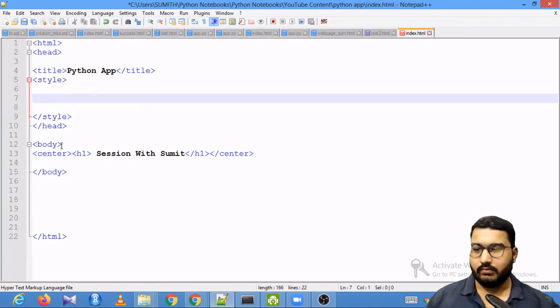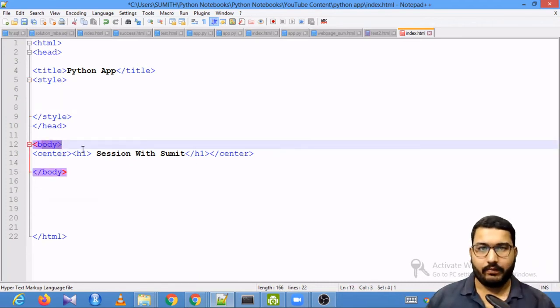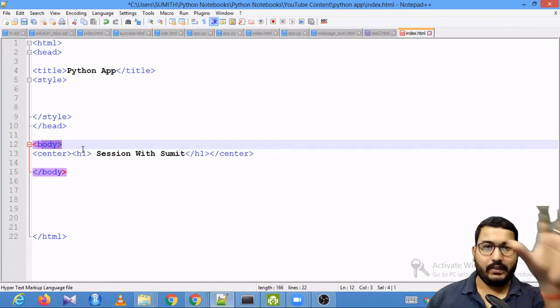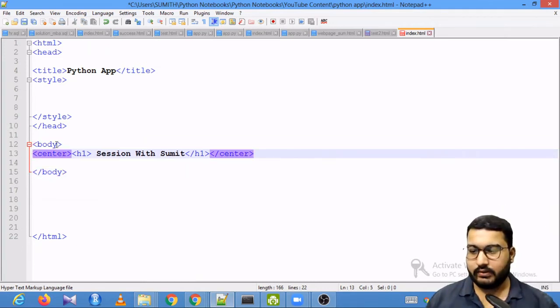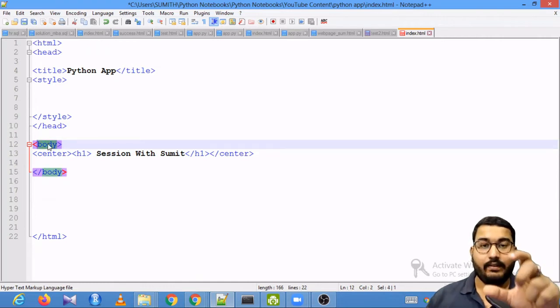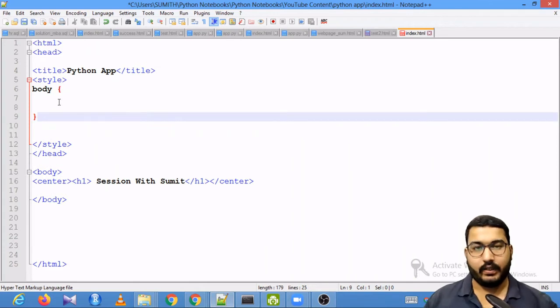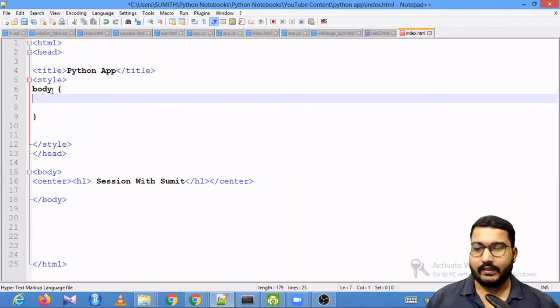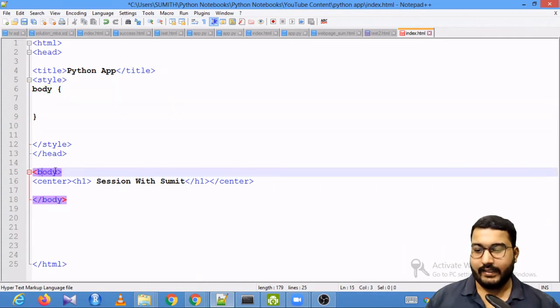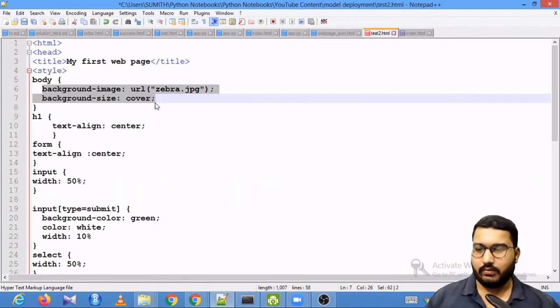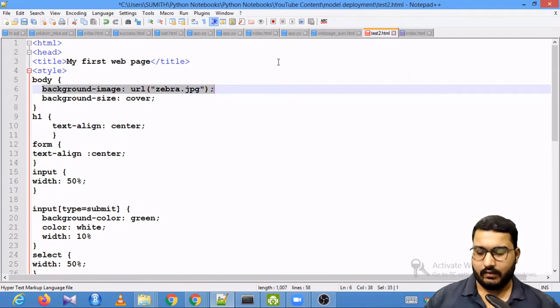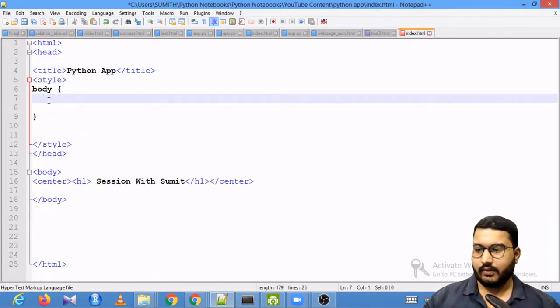To add a background image, we first need to add the tag which will have that style component. The background of a web page is nothing but the complete body. So I will use this tag, and then within this tag I will define the image component. So I will write body over here. Now this is the formal way of defining the CSS code. You mention curly braces, and within these curly braces you will add the properties. So I'm basically defining the formatting related to the body tag. I'll just copy paste the code for adding the image.